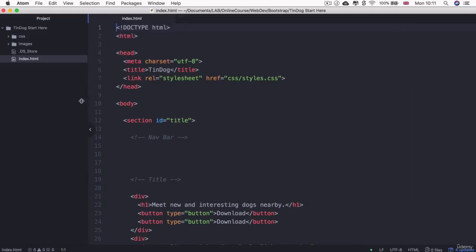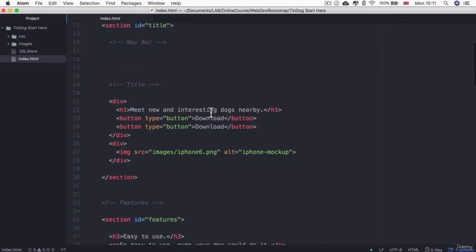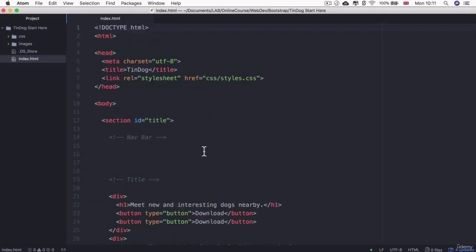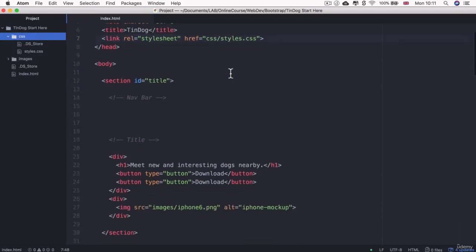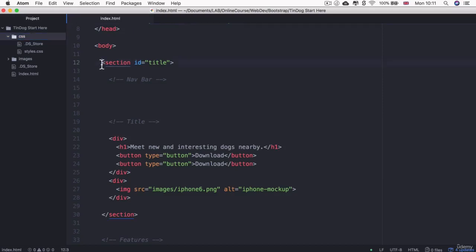Now, once you've got this file open, it's a good idea to just take a quick look through it to see what we've placed in here. And essentially, you've got the HTML boilerplate, so with the character set, the title, the link to the style sheet, which is in the CSS folder in the same TinDog Start Here project folder. And then in the body, we've got a number of sections that will eventually become the sections in our one-page website. And I've commented out areas where we're going to be interacting with, for example, where we're going to place